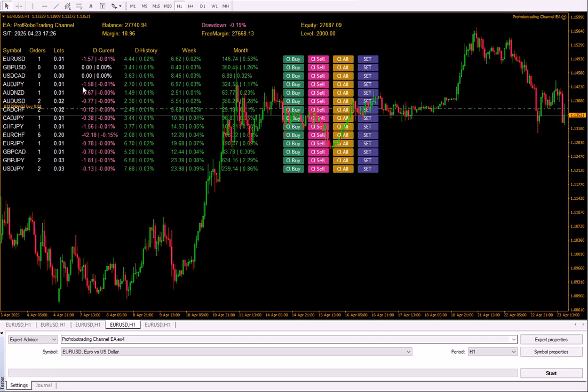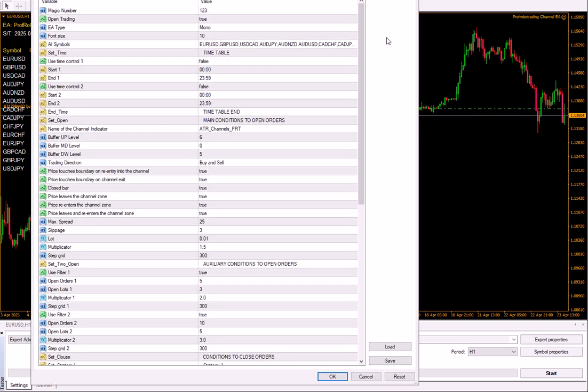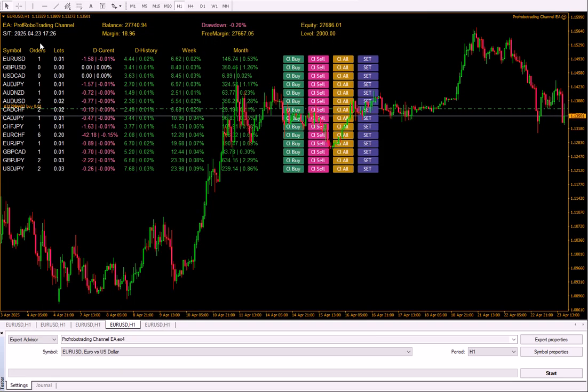We present to you a universal multi-currency channel expert advisor developed by the professional robot rating team. This expert advisor is designed to work with MT4 and MT5 and can operate with various channel oscillators according to your preferences. The expert advisor features a convenient information panel that displays trading pairs, which you can specify in